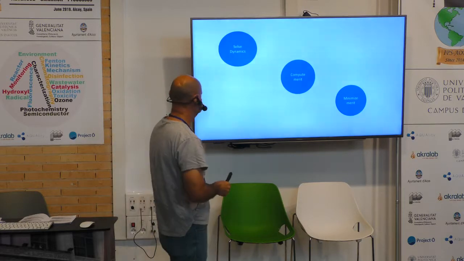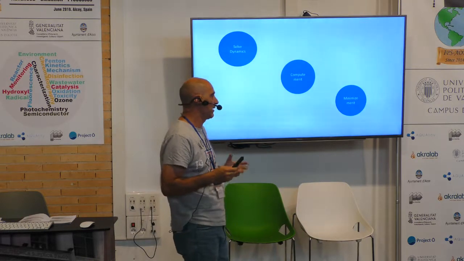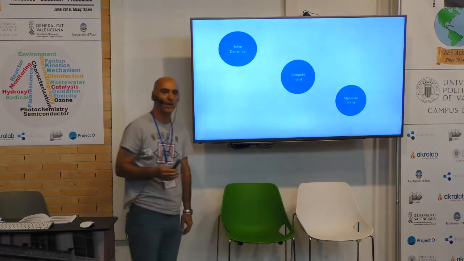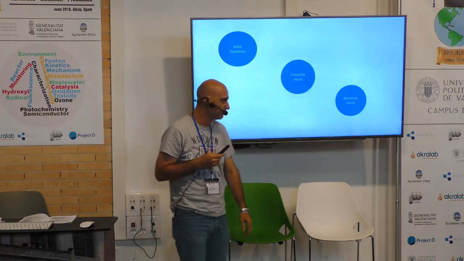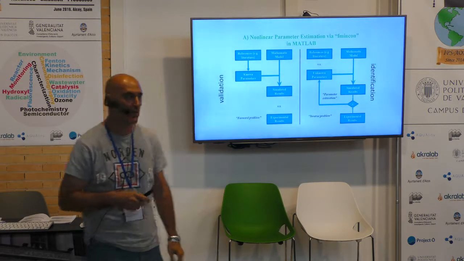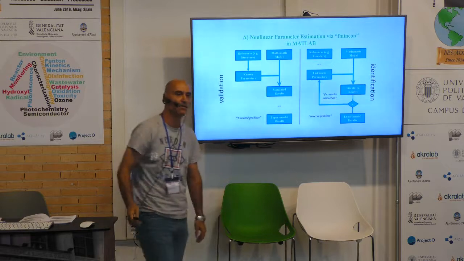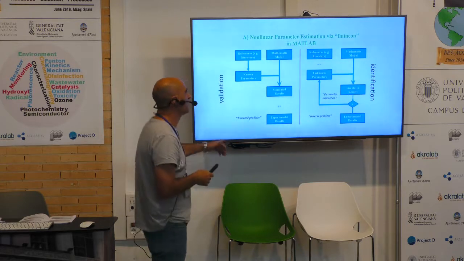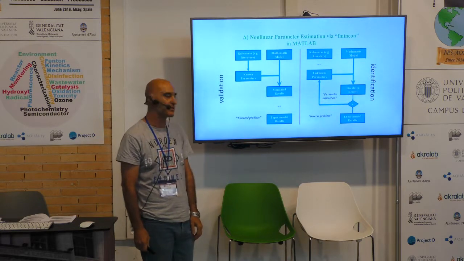So you need to separate the three pieces to identify possible problems. You can have a problem here, a problem there, and in most cases, this is the easiest part, where the problem is solved right away. Well, these are the samples. Nonlinear parameter estimation via fmincon, where fmincon is a MATLAB function, a built-in one. Okay. This is the scheme that you follow when you are doing the parameter estimation.